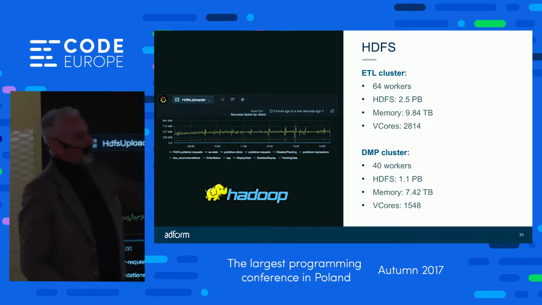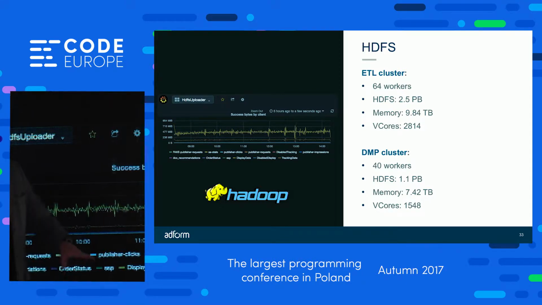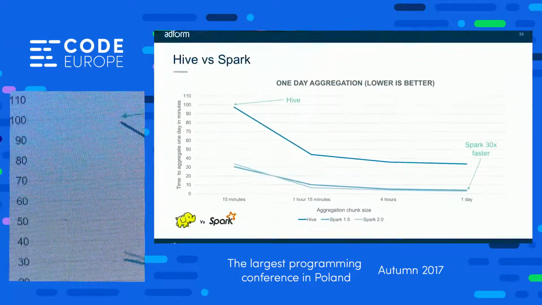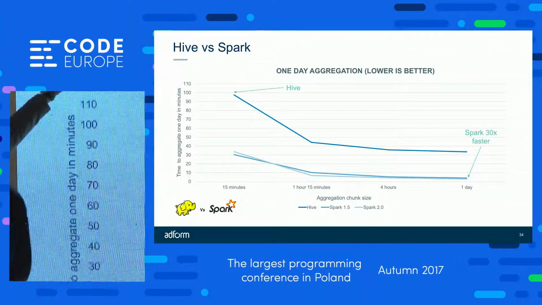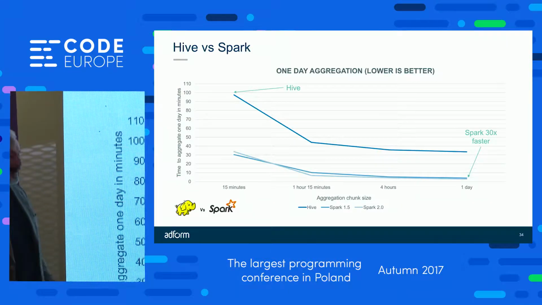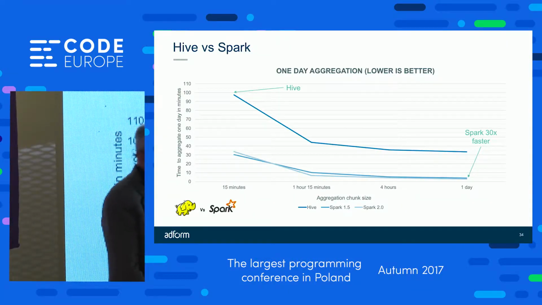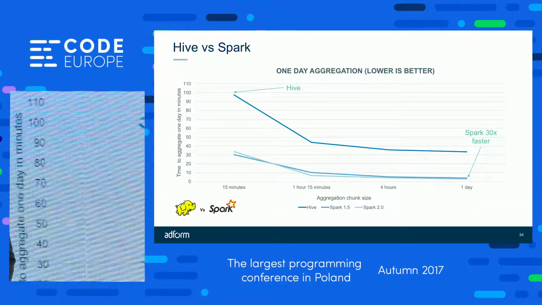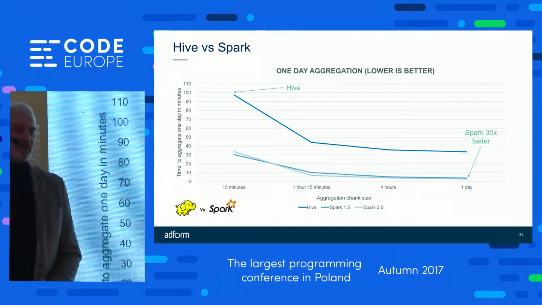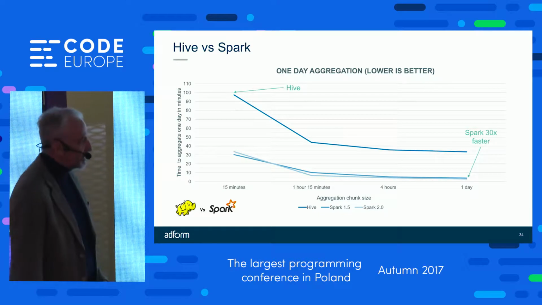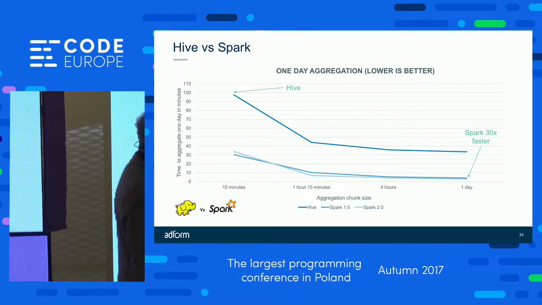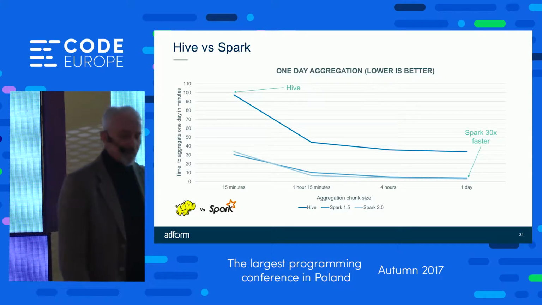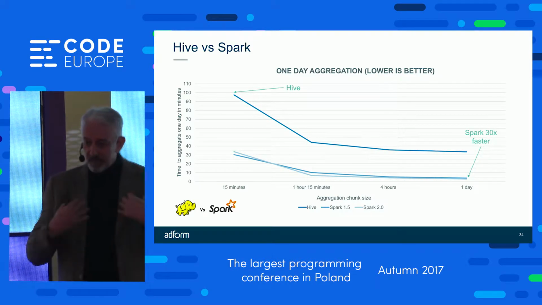What you put on top of HDFS depends upon how well you use it. So I'll talk about that right here. We used to do a lot of processing in Hive. And when I joined the company 2 years ago, I thought, really, Hive? It works. It gives you the right result, but maybe we should try Spark. So I convinced one of our ETL team to do the same thing in Spark. So Spark is about 30 times faster than the same processing in Hive, based upon our studies.